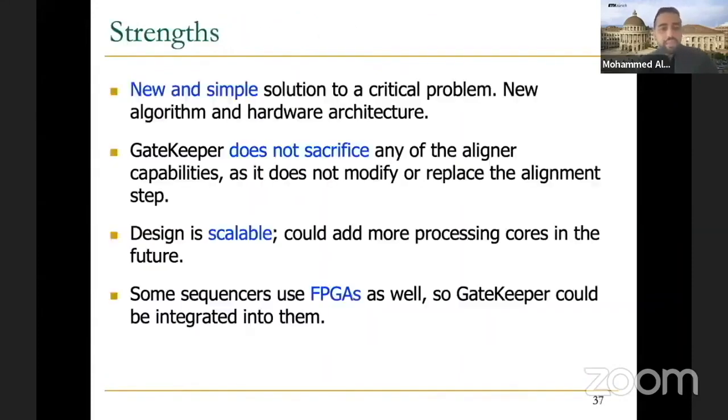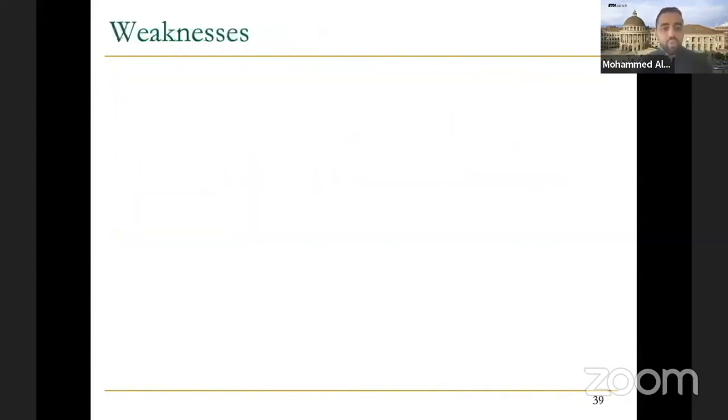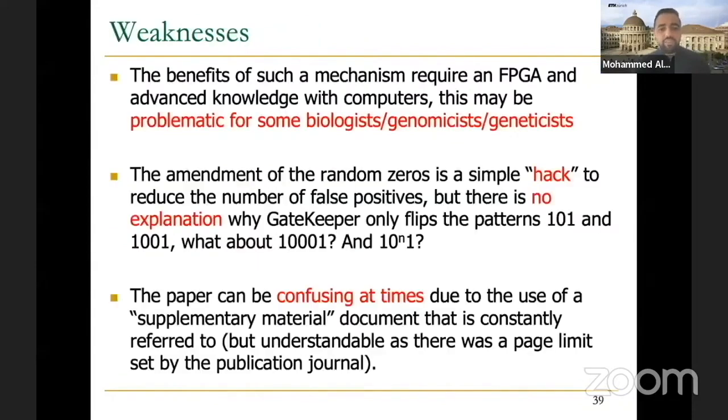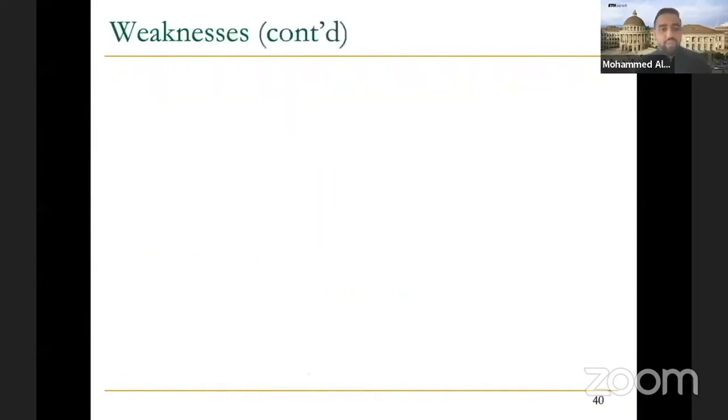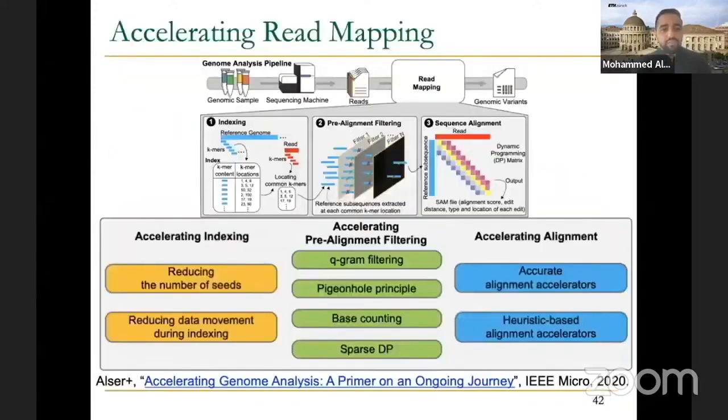As for the strengths and weaknesses, I will leave it to you to go through the slides and try to fetch them. I would like to mention something very important. These are the papers I mentioned when I started the lecture about accelerating genome analysis, where we have not only pre-alignment filtering, but list all the works on indexing, seeding, pre-alignment filtering, and sequence alignment. So there are a lot of efforts, and GateKeeper is